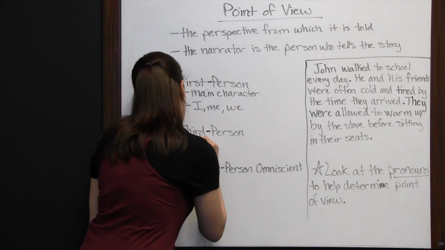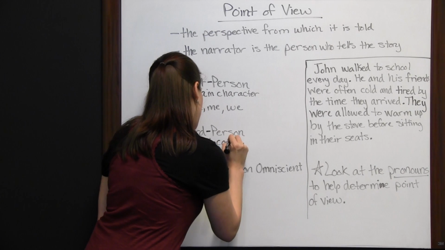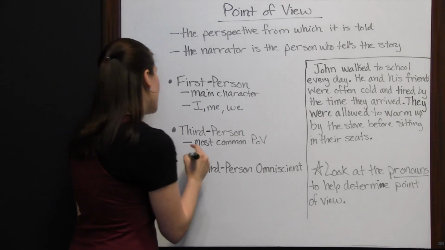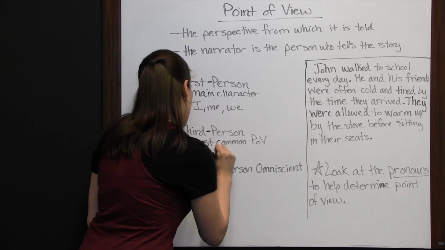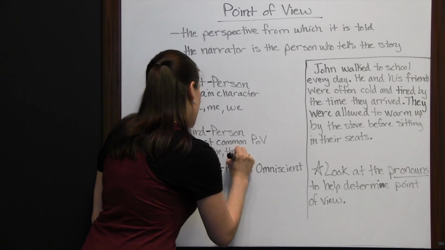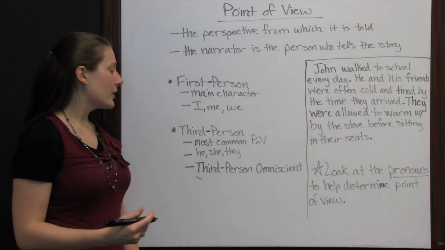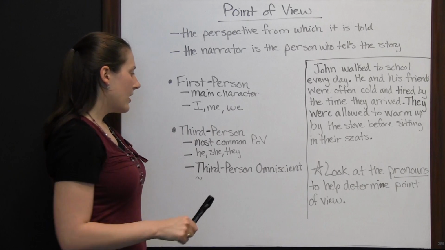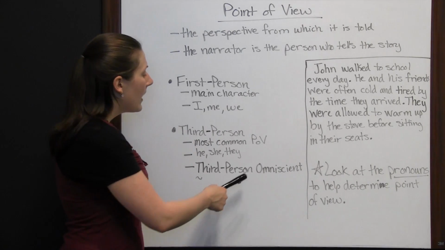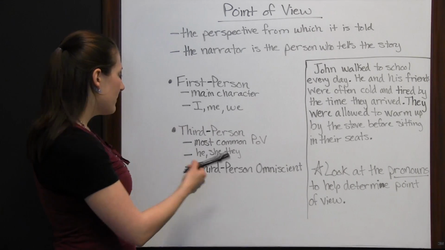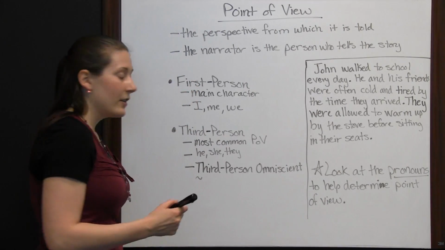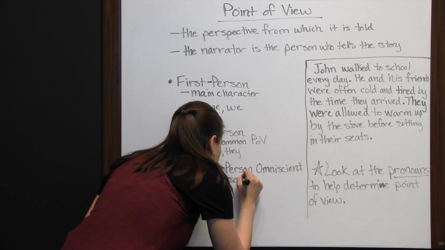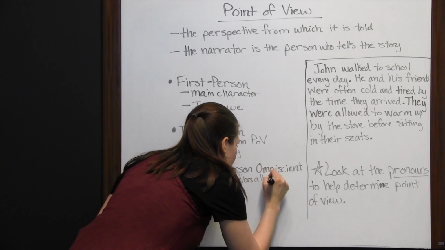Third person is the most common point of view. And you're going to see pronouns like he, she, and they. The narrator is going to talk about other characters, but the narrator is not one of the characters. And third person omniscient is very common as well. Omniscient means all-knowing. So a third person omniscient narrator is going to be one who describes all other characters